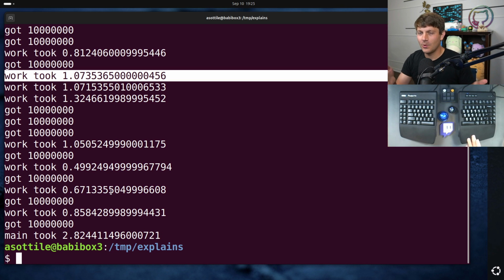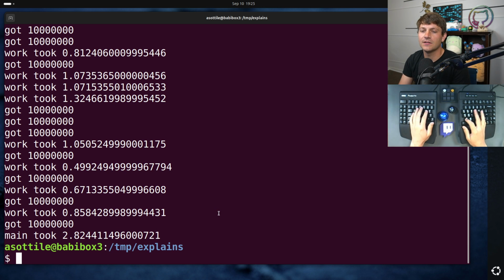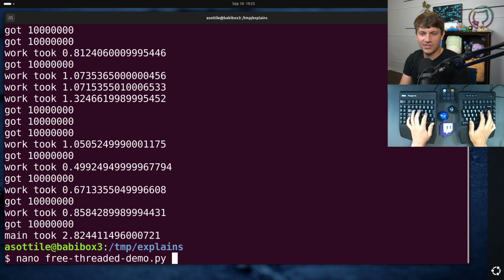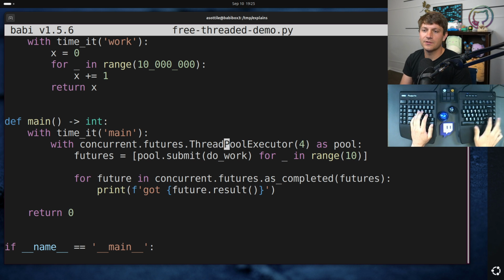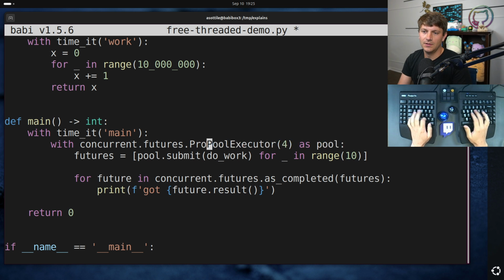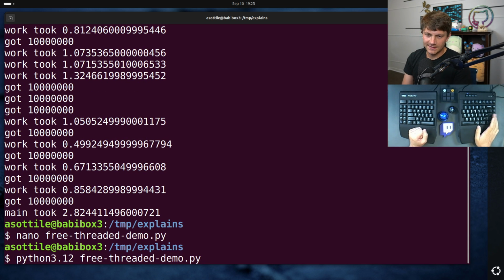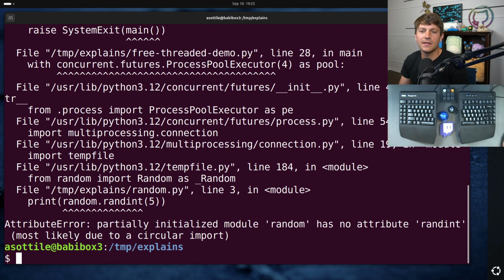Basically, there is only one interpreter that can be running pure Python code in a thread at once, despite there being 4 real threads. And so overall, this takes about 3 seconds. If I change that from thread pool executor to process pool executor, it will spin up multiple processes, and those can all run concurrently. And so,